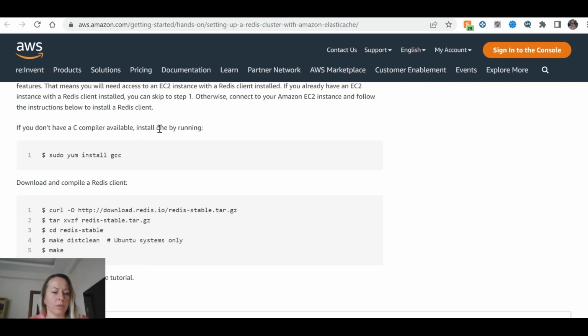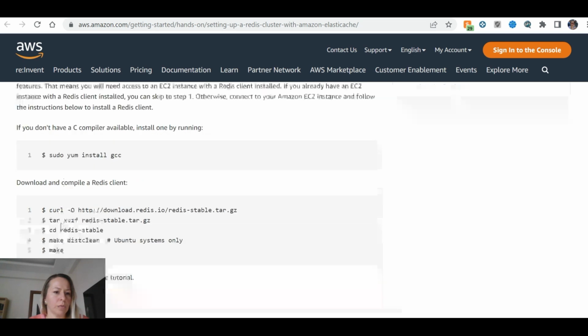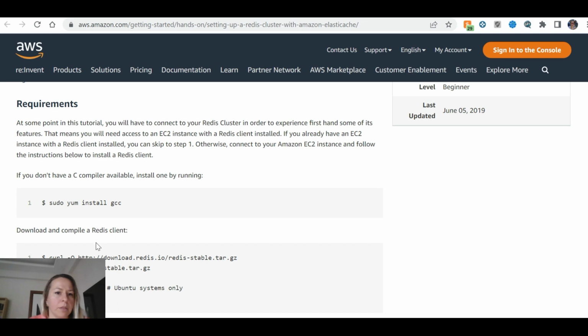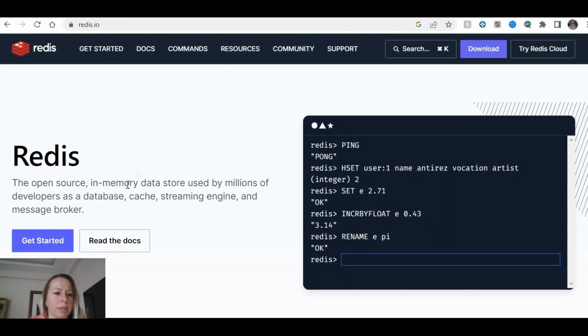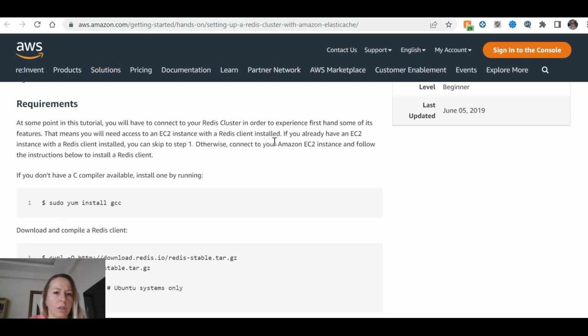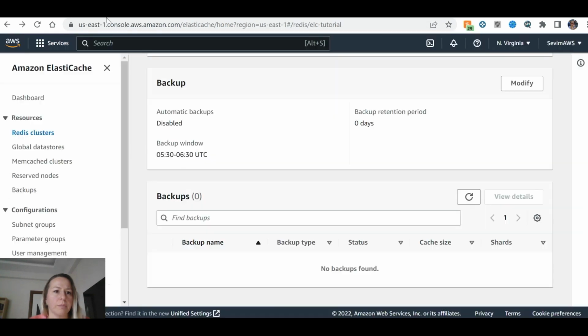So I need to install the Redis client. Let's do it. Install one by running. Download and compile the Redis client. Now you are all set to start the tutorial. Is this the way we download it? I'm not sure, but it says from AWS console. Redis client. Do we have that in the